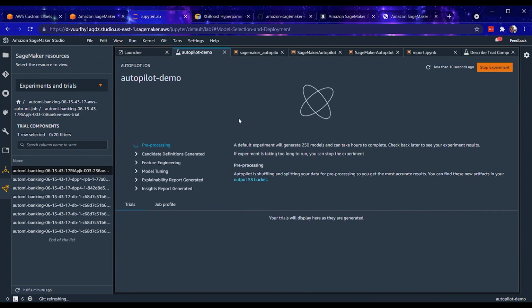And so this is a very powerful tool for exploring new data sets, getting started with machine learning even if you aren't a deep machine learning expert, and also helping scale your data scientist workforce in general, right? So even if you have a data science team, you could use a tool like Autopilot to train lots of models very quickly and understand your data faster. All right, so let's go back to the presentation.